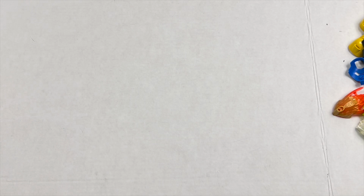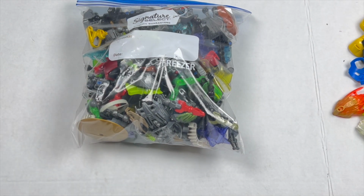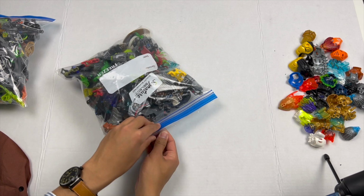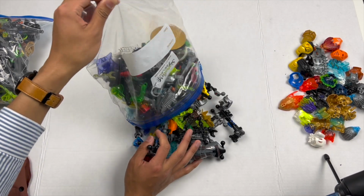Starting off with this bag right here. They're kind of just randomly assigned. After I got these, I washed every single piece, and then I went through them to piece them all together for my own builds and to recreate some of the actual official models. So there isn't really any particular order to the way I'm doing this. There's just so many pieces to go through, so I just kind of want to do it one by